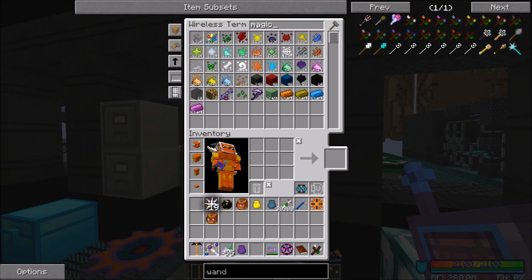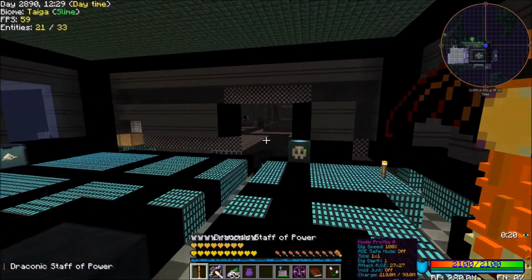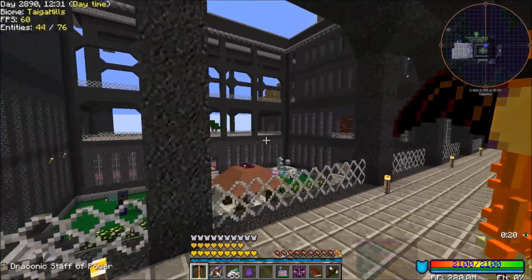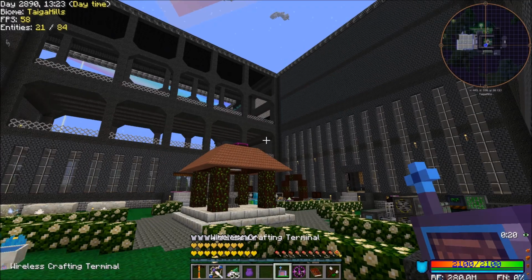And then do we have any magical wood in here by chance? We have 7 pieces. It's not enough to make everything that I want, but it's a good start. I'm just going to use these XP Boost 3 books. Hopefully this makes enough. There's 12 pieces. That's...